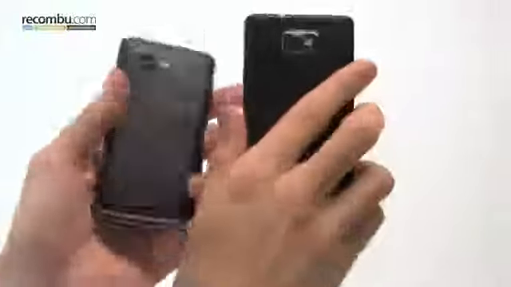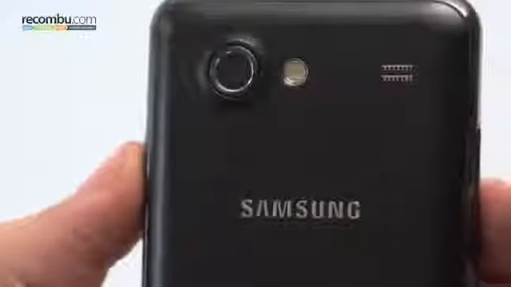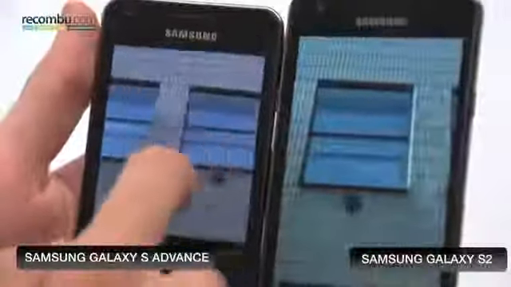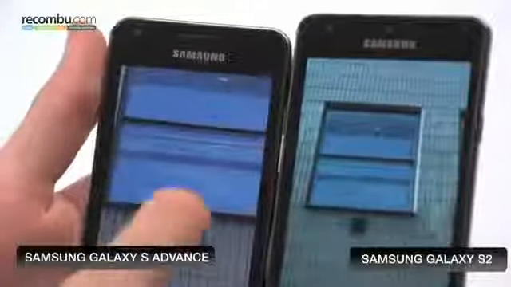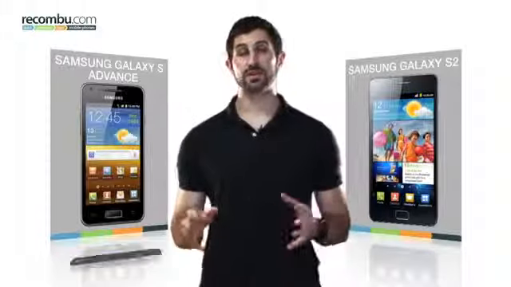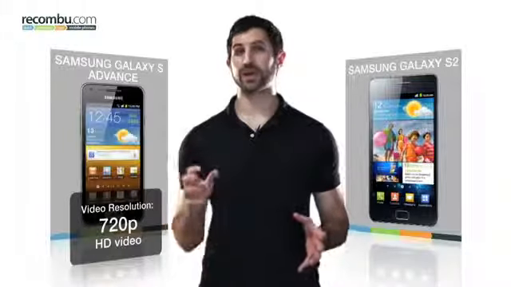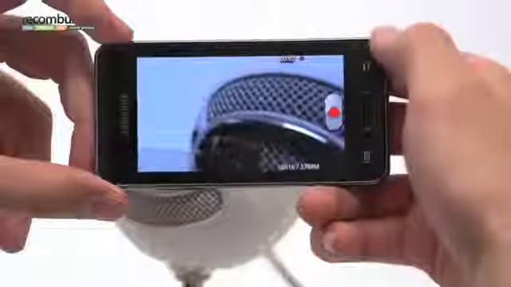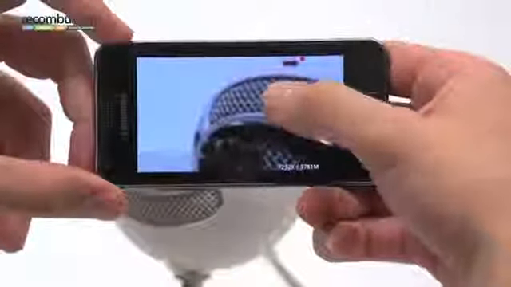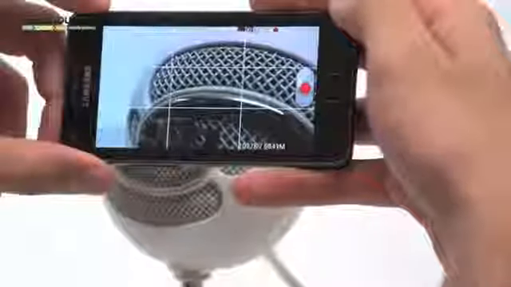As far as the camera goes, the Samsung Galaxy S Advance is a 5-megapixel shooter, whereas the S2 is 8. That means the S2 will give you better detail, though both offer great colour reproduction and an excellent flash. Video is a real differentiator. The S Advance offers 720p video recording, whereas the S2 offers 1080p. While the quality is comparable, because of the continuous autofocus, the S2 is much better as it can go in